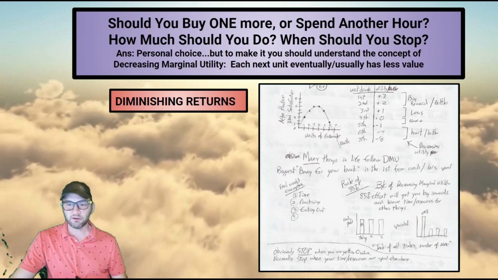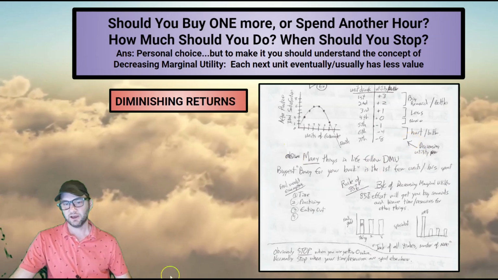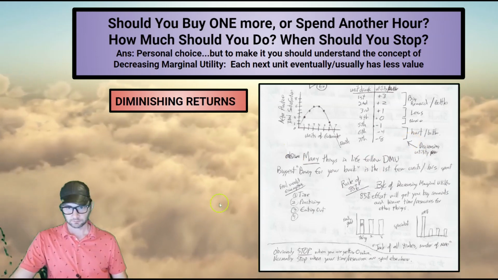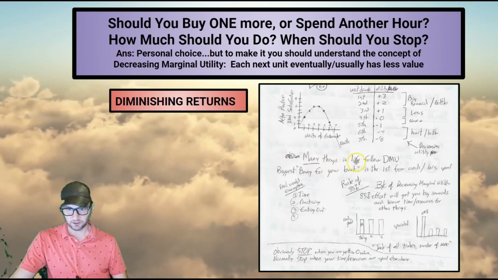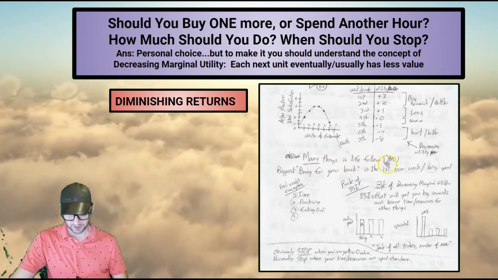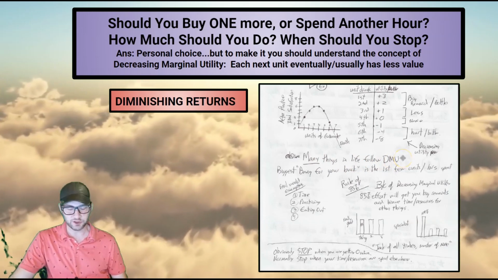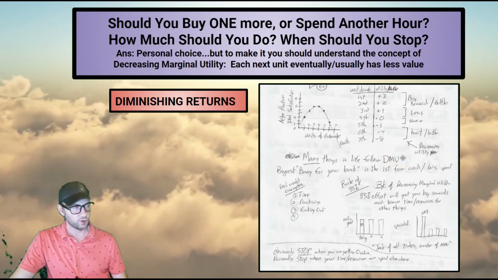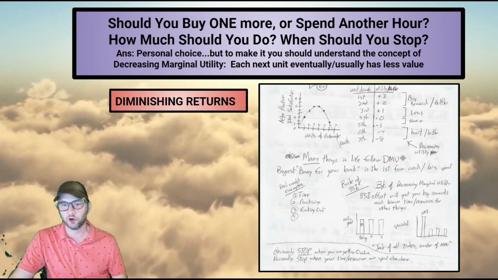So let's figure out how that impacts our everyday life and how we can take this concept and use it to our own advantage. So almost everything follows this. It's almost a law of decreasing marginal utility, okay? Almost everything, as you keep doing it or keep buying it, will satisfy you less and will eventually start to hurt you and hurt your life and hurt your goals.